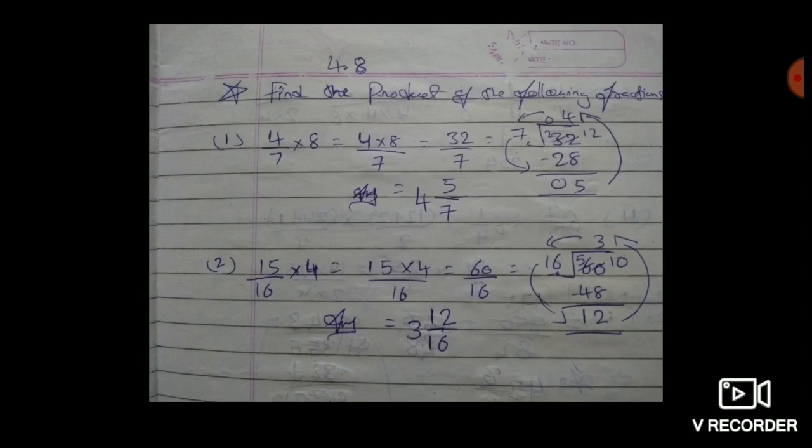Next question, again the same, fraction with whole number multiplication method. Multiply both the numerators, then write the single denominator as it is. That is 15 into 8 upon 16 equals 60 upon 16. Again our answer is an improper fraction. Then go for the division method. We divide 60 by 16. So here we can use the division method. 16 3s are 48. Subtract 60 minus 48 and our answer is 12. So go for the cycling method and convert our improper fraction into a mixed fraction, like 3 integer 12 upon 16.